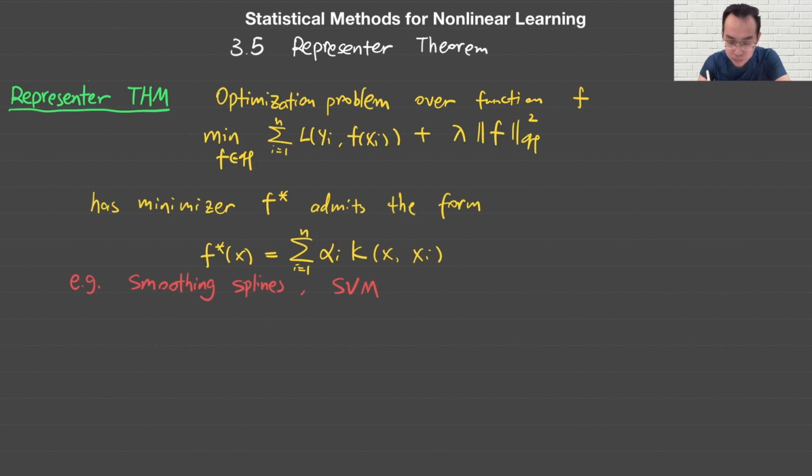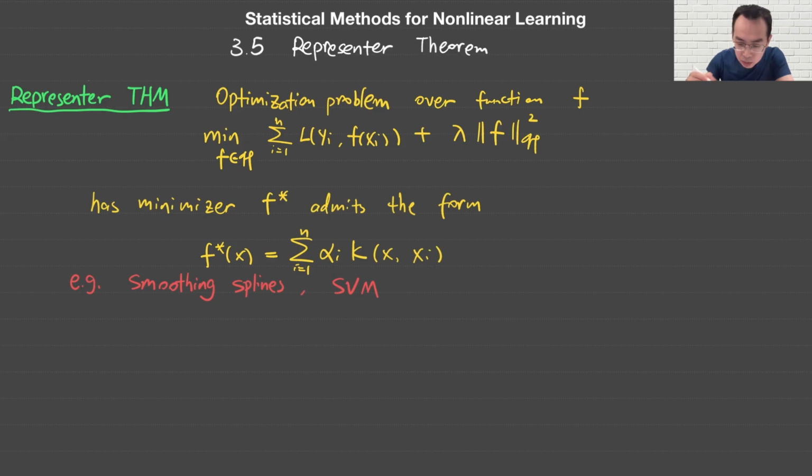kernel functions. Throughout this series, we have already seen two examples, the smoothing spline and the SVM. Both of them can be written down in the representer form for the optimization. Then it also has this form for the solution as a sum of kernel functions. So first, let me write down the objective and the solution for the smoothing spline and the SVM in the